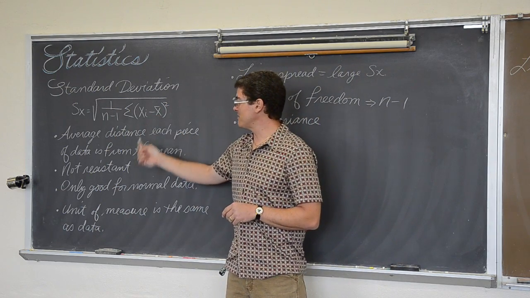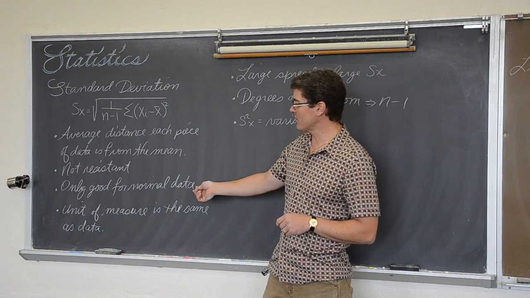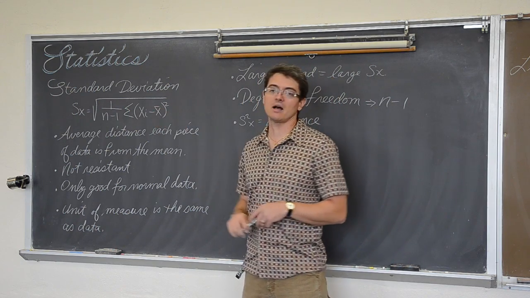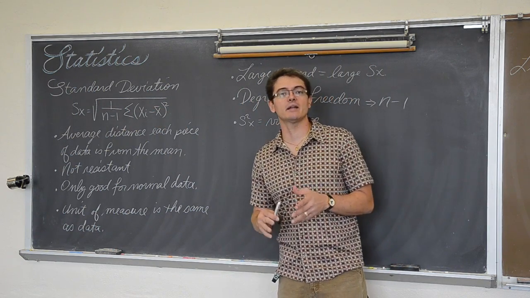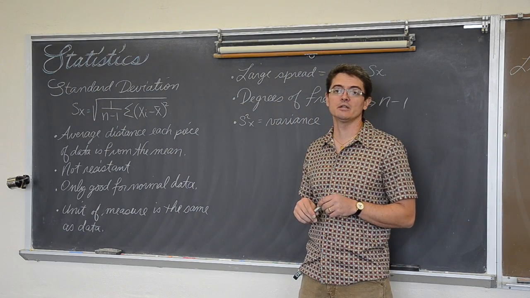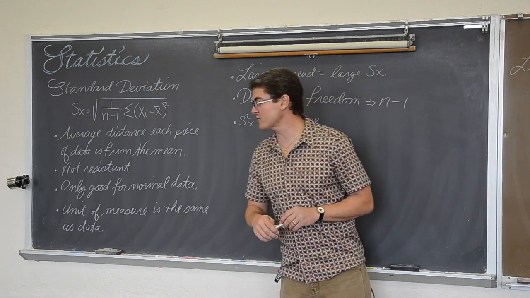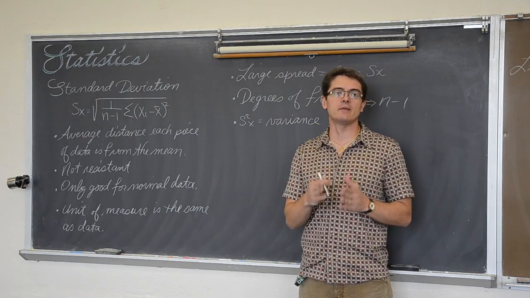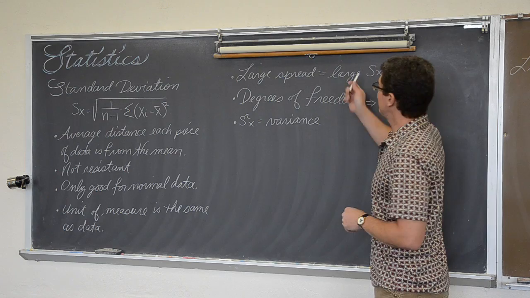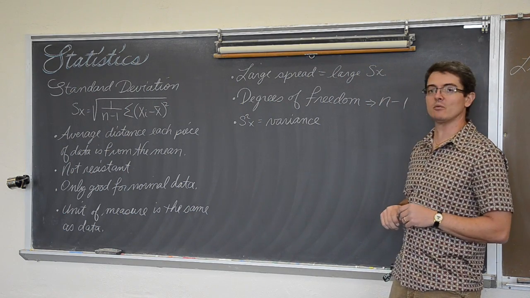Standard deviation uses the mean in its calculation, so it is not resistant. It is only a good measure of spread if your data is normal. Again, because you're using the mean in the calculation, which is not resistant, non-normal data and outliers will strongly affect the standard deviation and basically mean it's no good. It'll be no good for data that's not normal. The unit of measure for standard deviation is whatever the unit of measure is for your data. It is measuring spread, so the more spread out your numbers are, the larger your standard deviation will be.